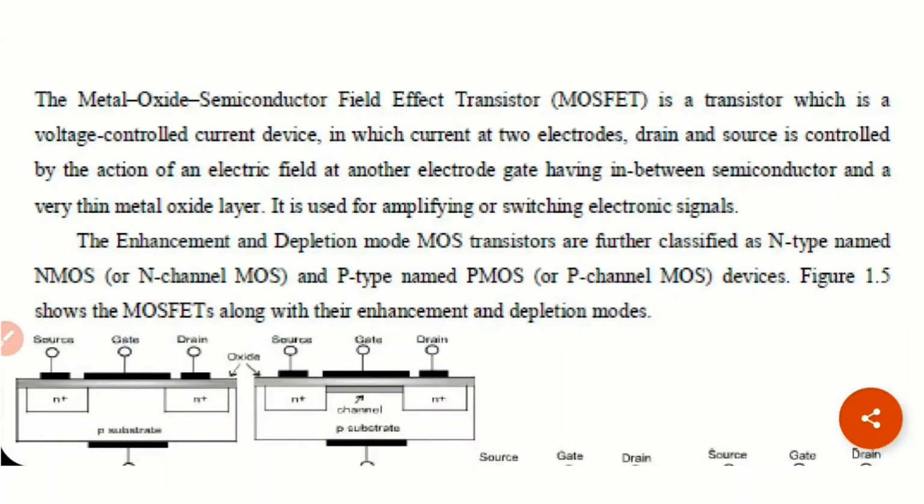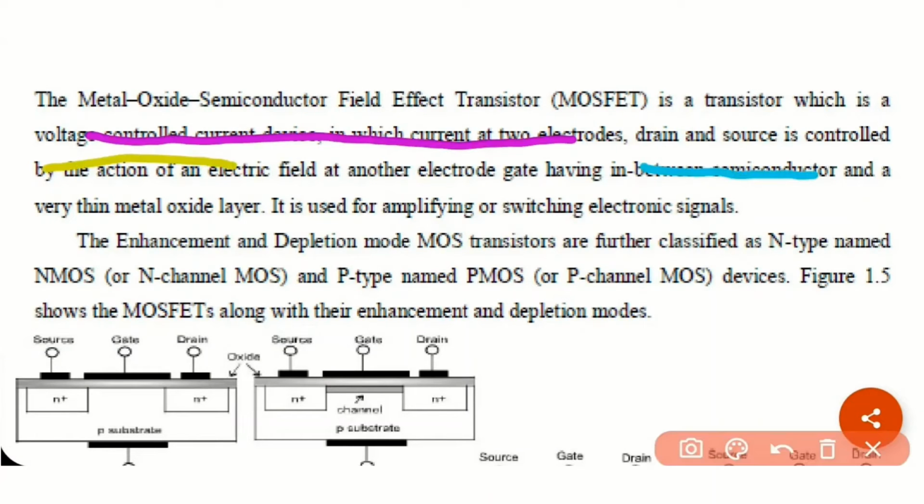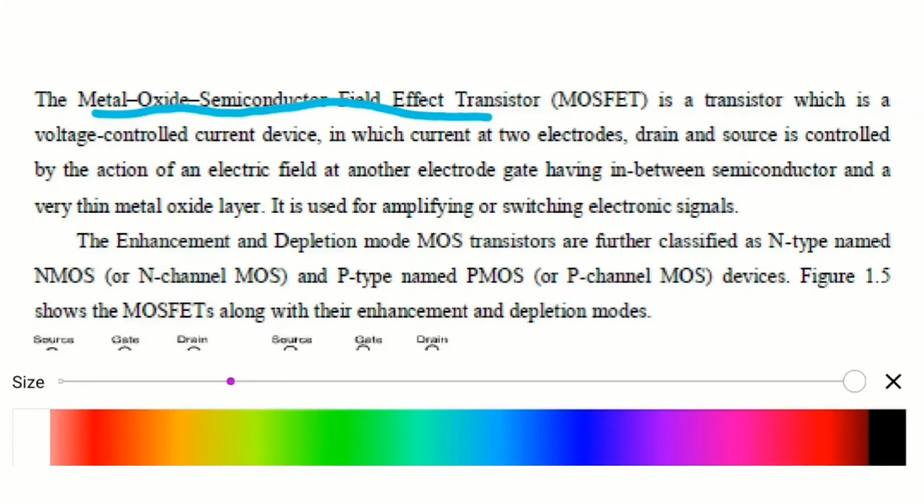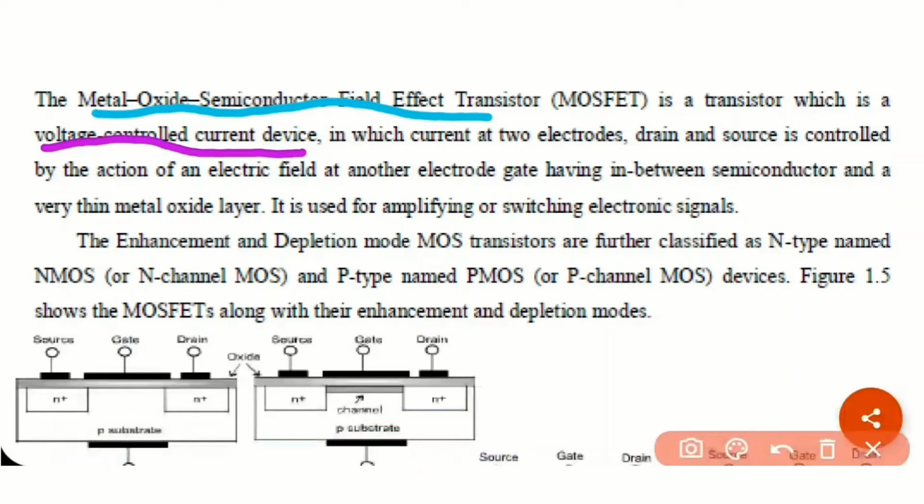The metal oxide semiconductor field effect transistor. So this is the full form of MOSFET. The metal oxide semiconductor field effect transistor is a transistor which is a voltage controlled device. So this is another thing you have to keep in mind, that it is a voltage controlled device, in which the current at two electrodes, drain and source, is controlled by the action of electric field at another electrode, gate,